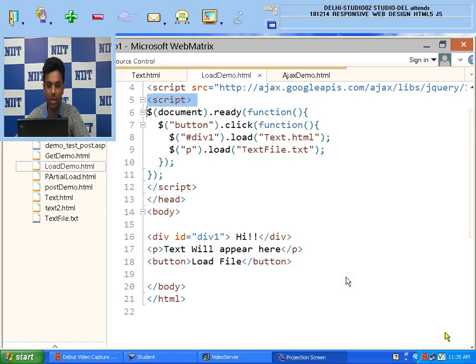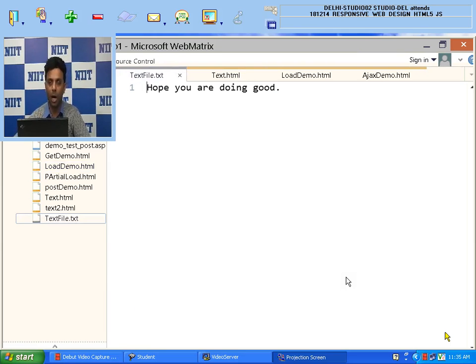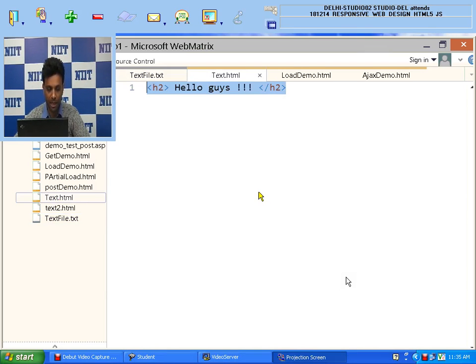It means to say, just to let you understand, that I can load an HTML file in my web page, I can load a text file, I can load another file like maybe an XML file, anything. So this is my text file and this is my HTML file.